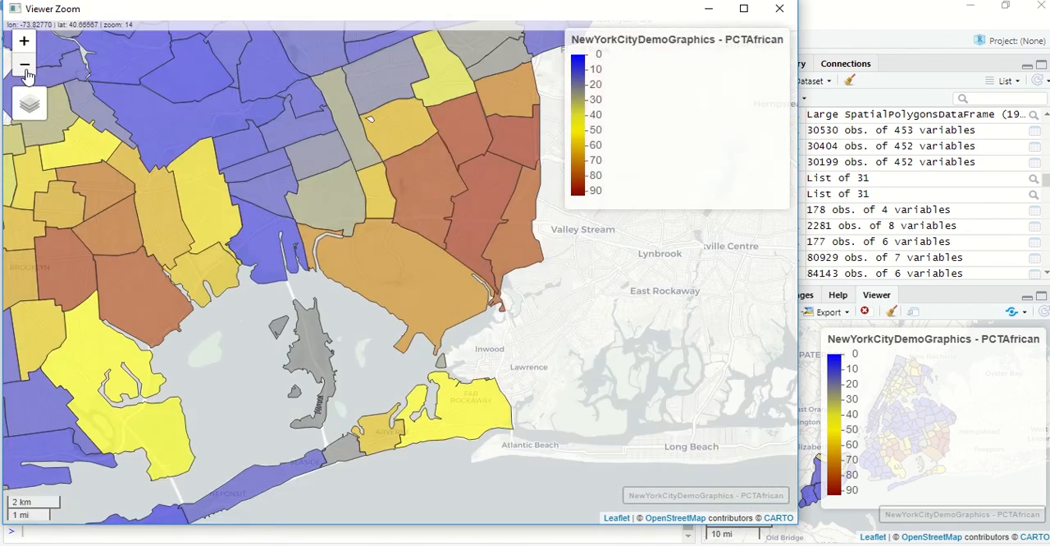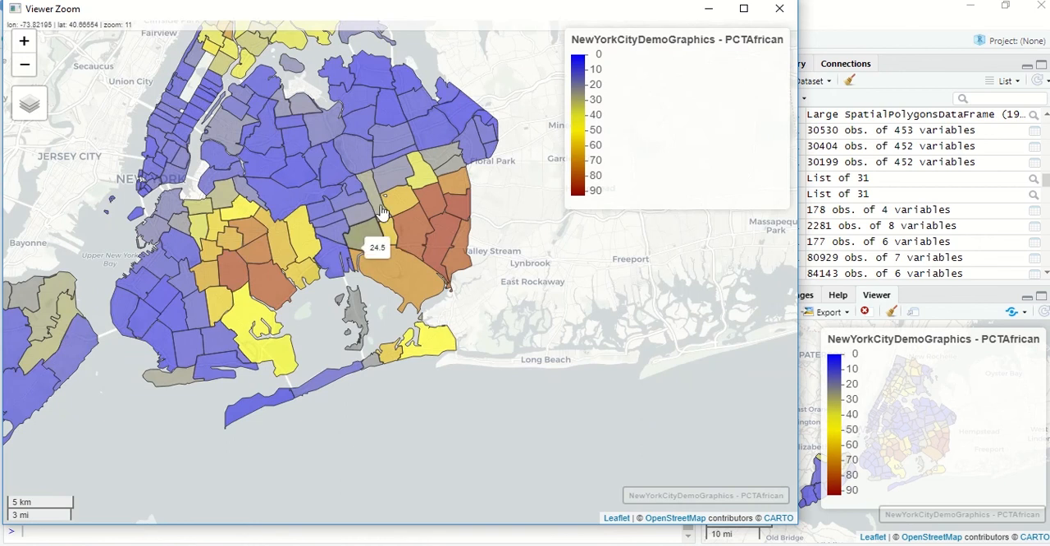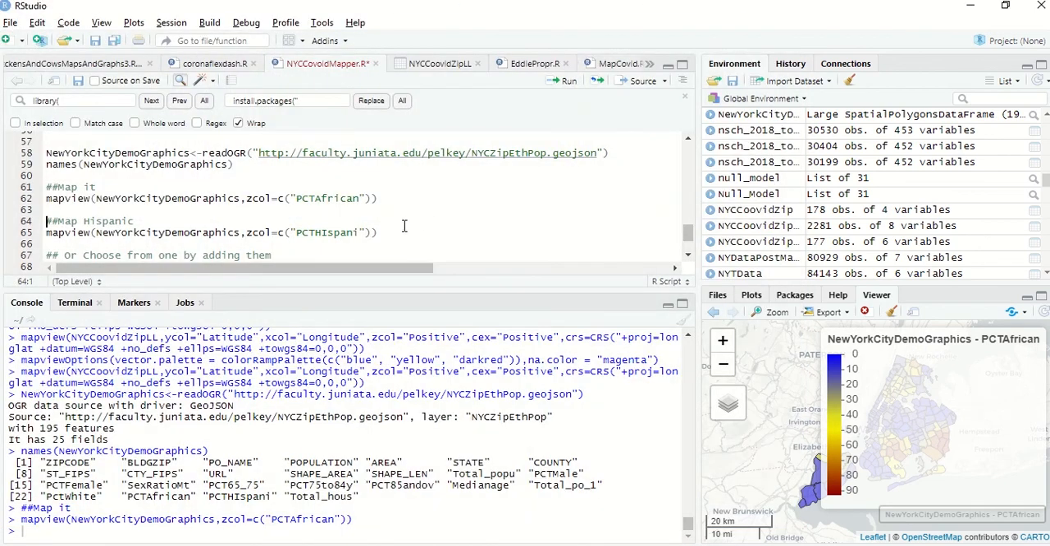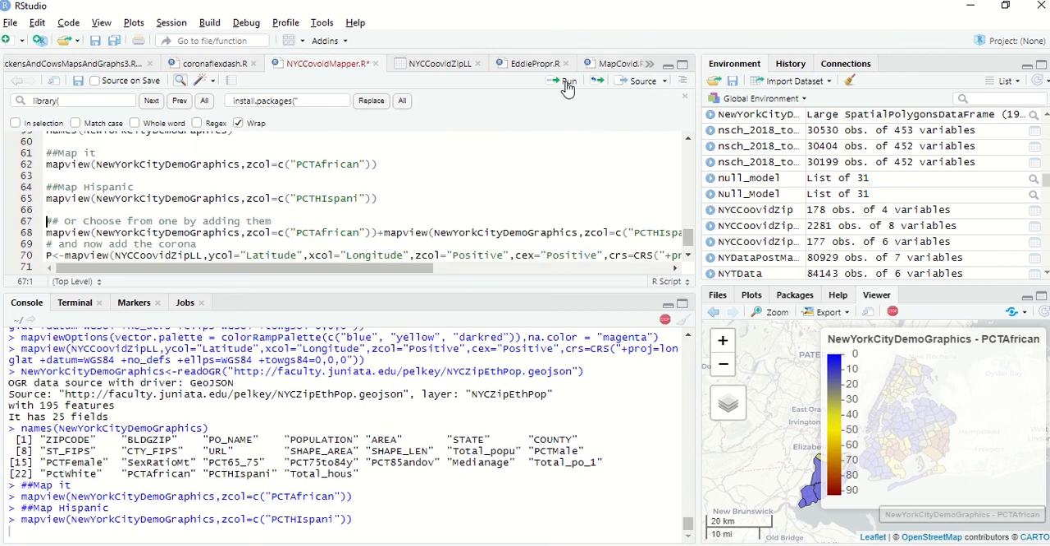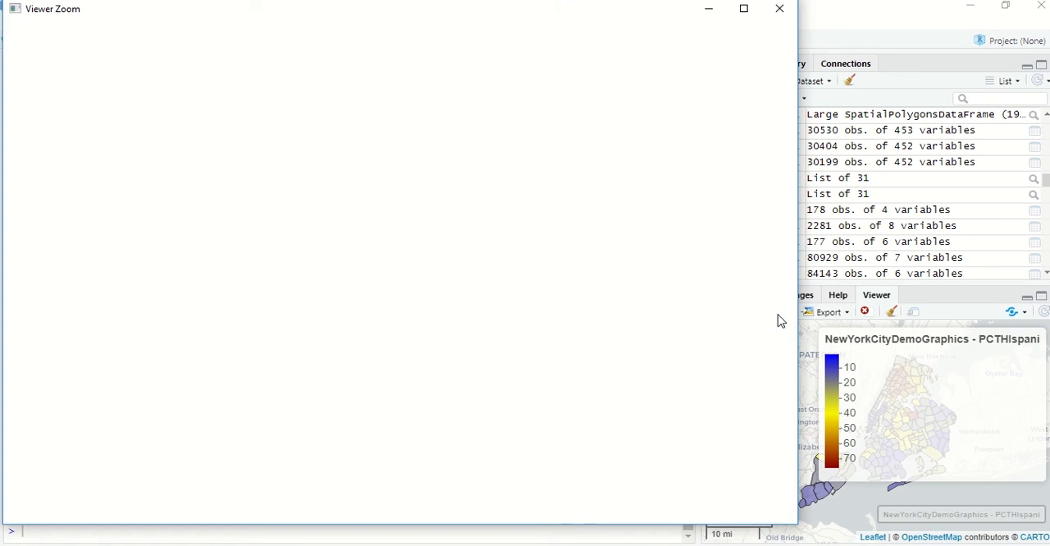All right, so that's given us our lovely ethnography map. I'm going to close that, and if we wanted to change that to the percent Hispanic, we simply change the value in the Z call to percent Hispanic, and we click run on that and zoom. We pop out and we see